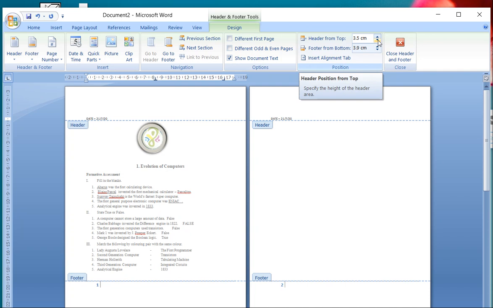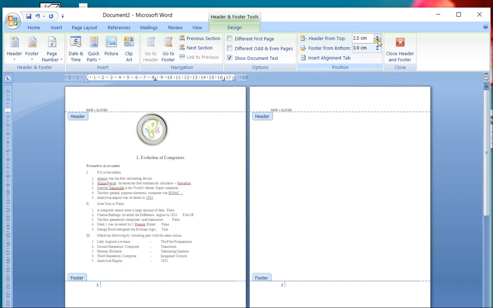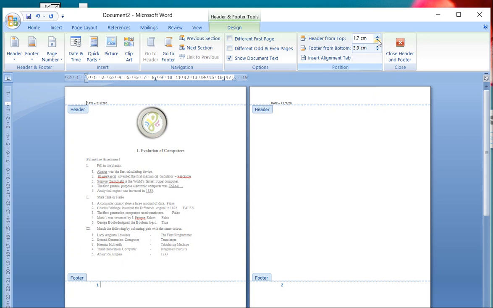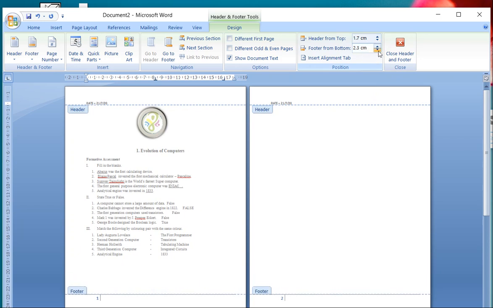If I want to reduce it, I'll use the downside arrow, which will reduce my footer, and even the header also. The same way I'll do the header and footer. Understood, students, how to add header and footer and how to adjust them?